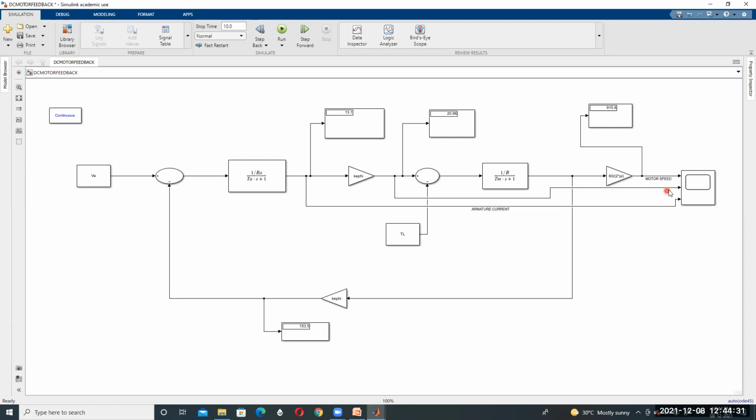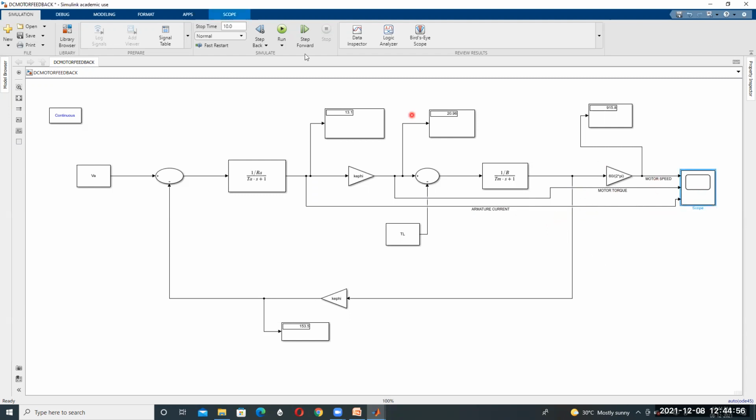So enter it like this. And then this is the motor torque. So motor speed, motor torque, and armature current. These names will be displayed in the graph.